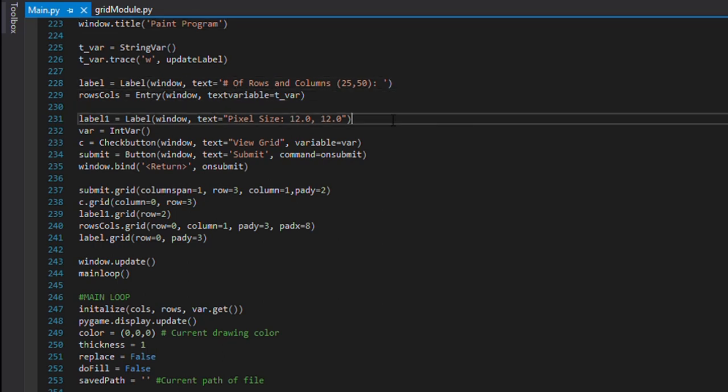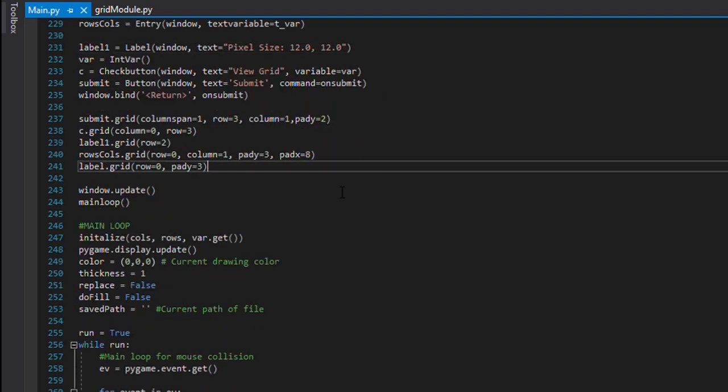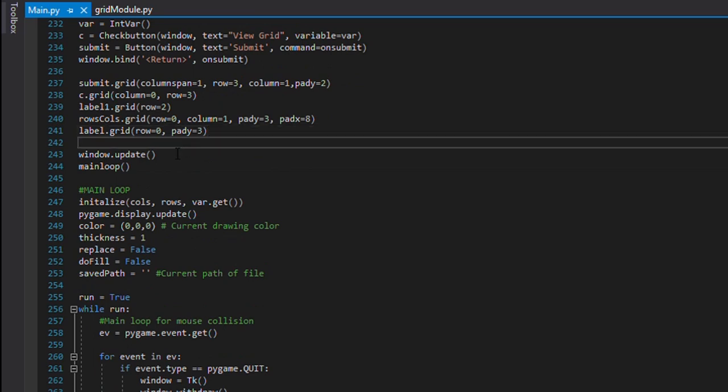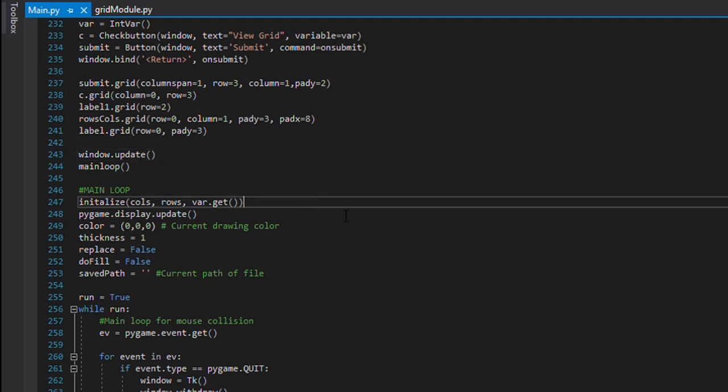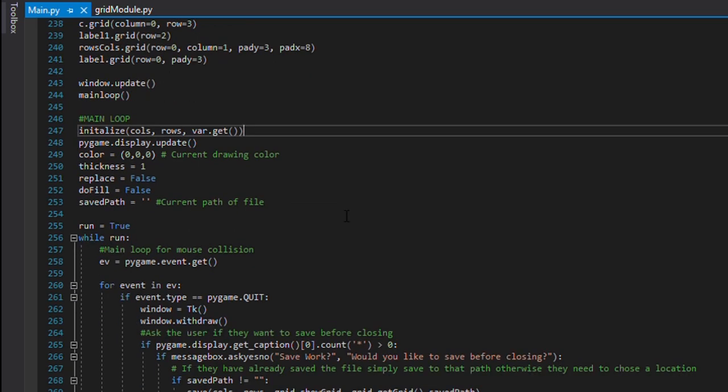As you can see from the code, this is just some simple GUI stuff, such as making buttons, check buttons, and so on. After that, you need to see that I have to use the update function, so everything updates. Then we go on to the main loop that will keep the application running.